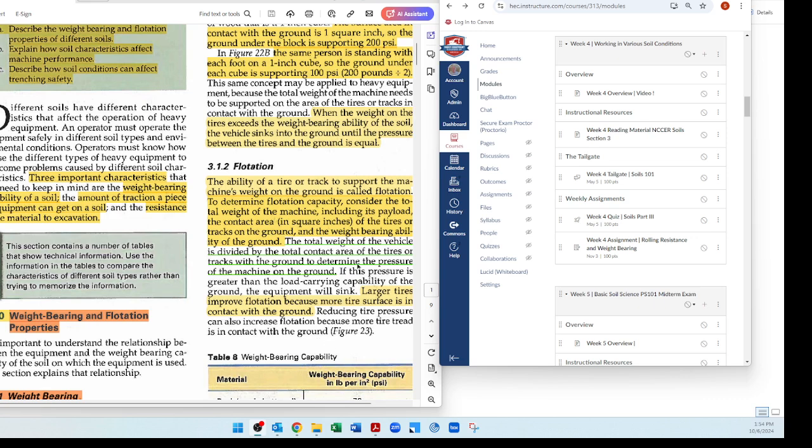Now, what we're doing is we're coming up with a formula. To get the pounds per square inch, you take the total weight of the vehicle and divide it by the total contact area, which is 1,040, of the tires or tracks with the ground to determine the pressure of the machine on the ground. So if the machine did weigh 54,000 pounds,